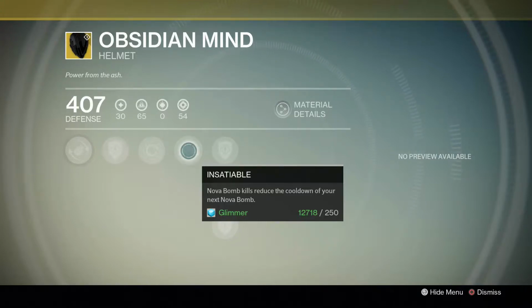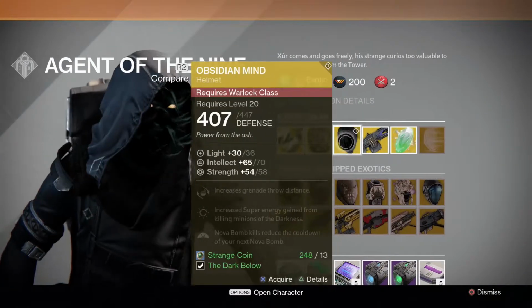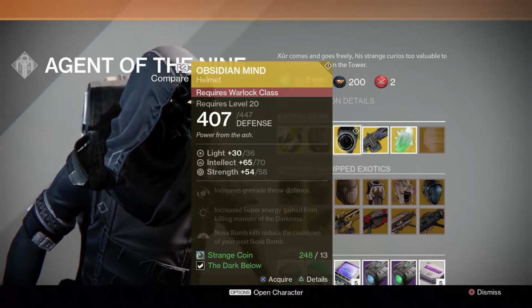Now, I personally think that this is the best Voidwalker exotic you can get in the game currently. There is a new one being added in the House of Wolves that I think may contend with it, but this is definitely the best that's currently in the game. I would definitely recommend picking it up if you haven't already. Even if you play Sunsinger most of the time, I do still recommend grabbing it in case you ever need to play Voidwalker. And you can buy that for 13 strange coins as long as you have the Dark Below